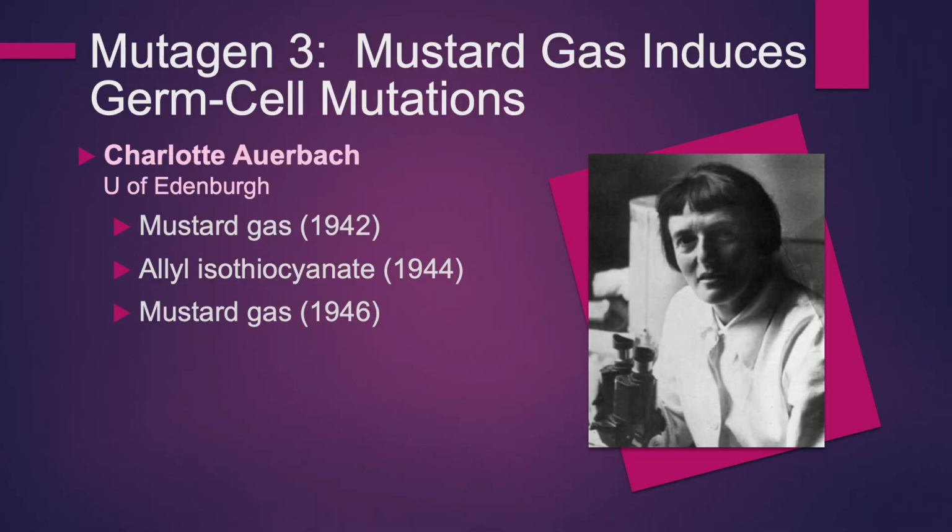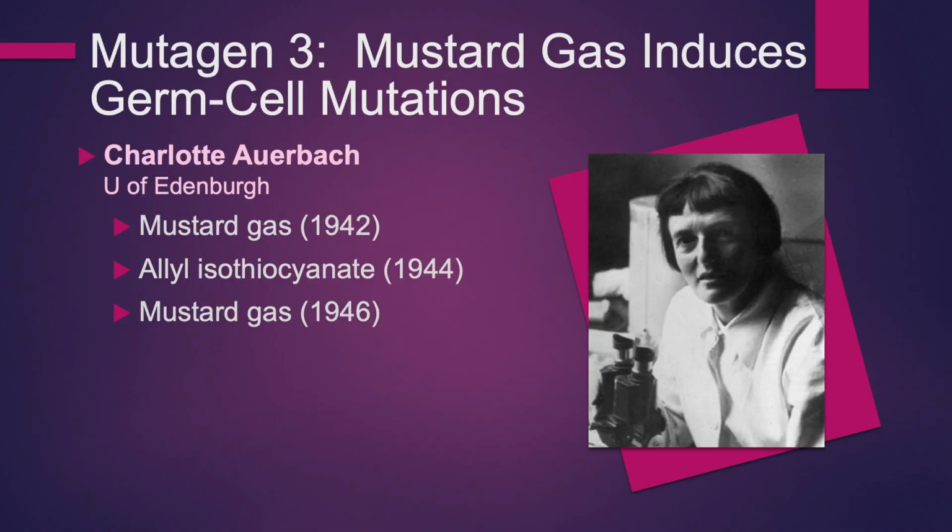So right after the war and during the war comes the third mutagen. And finally, of course, it's a chemical mutagen. And this, of course, was discovered by Charlotte Auerbach at the University of Edinburgh in Scotland. And in fact, I'm pleased to let you know that one of Charlotte Auerbach's last PhD students is here with us in the room, Radim Schramm from the Czech Republic, right over there. So we have an interesting continuity between Charlotte and us today.